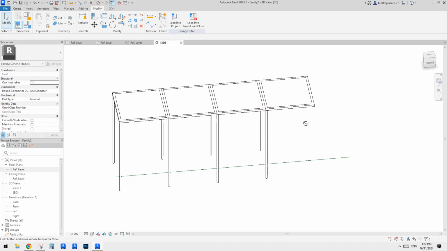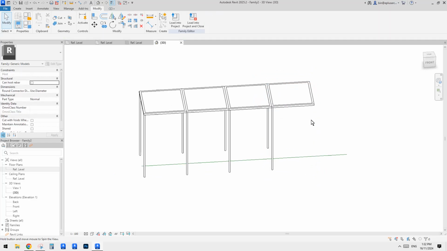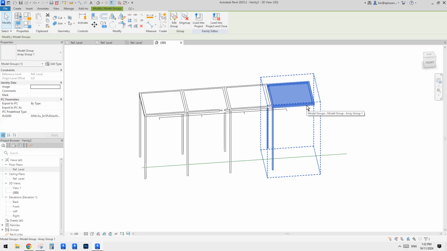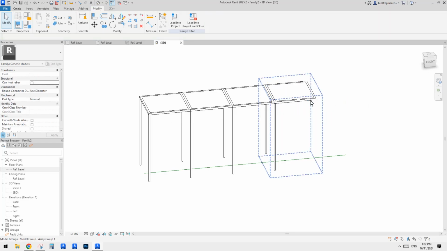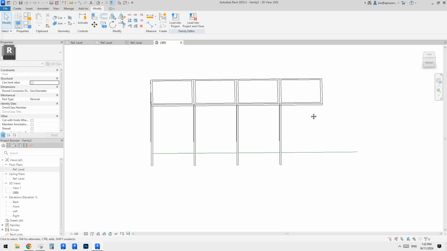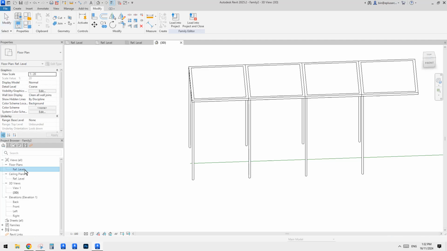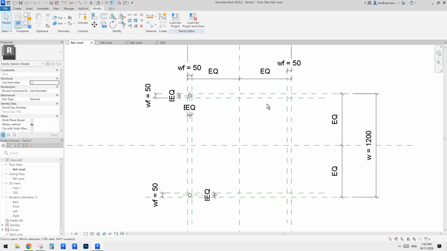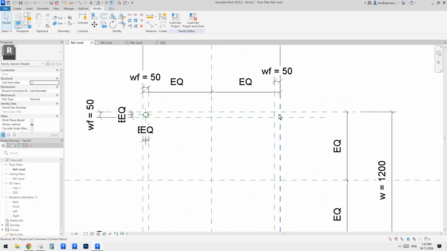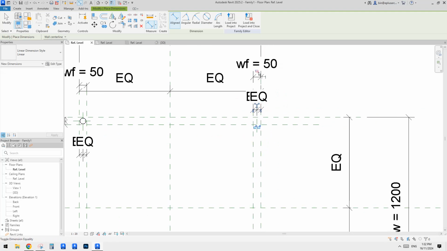And then I think, let me think, how can we get that column? It's probably easier to just add those 2 columns there. So I'll just reference plane there, dimension and equal. Okay, and then